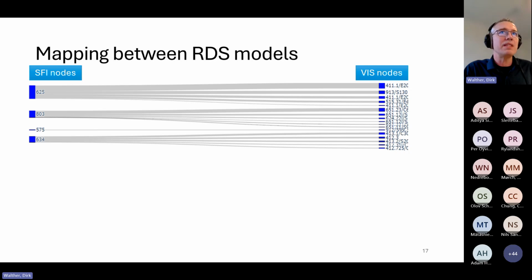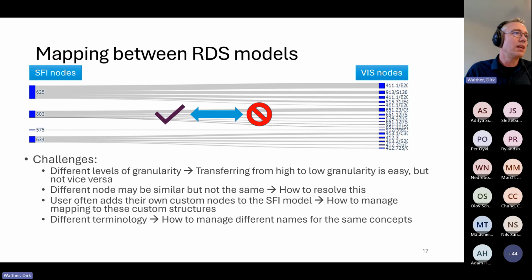And that means this is simply more detailed than the SFI nodes. So one direction is easy, going from this to SFI, because we simply leave out details, but the other direction is hard. So the challenges are the different levels of granularity. So transferring from high to low granularity is easy, but not the other way around.